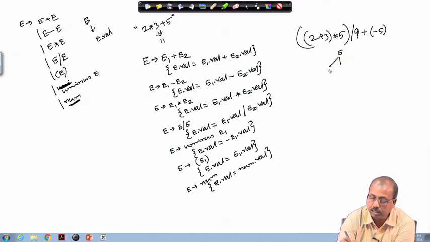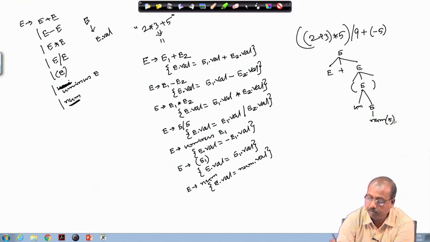This is E plus E; this E gives me within bracket E, this E gives me unary minus, then E, then this E gives me number which is equal to 5.